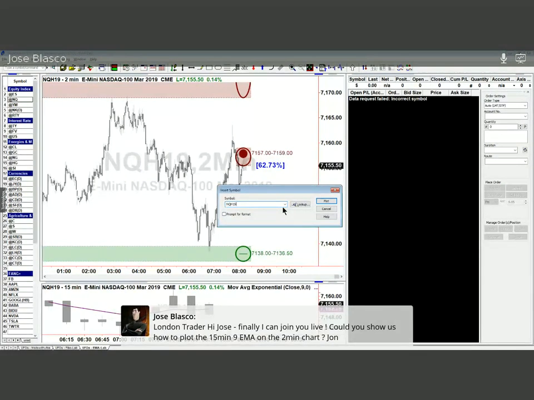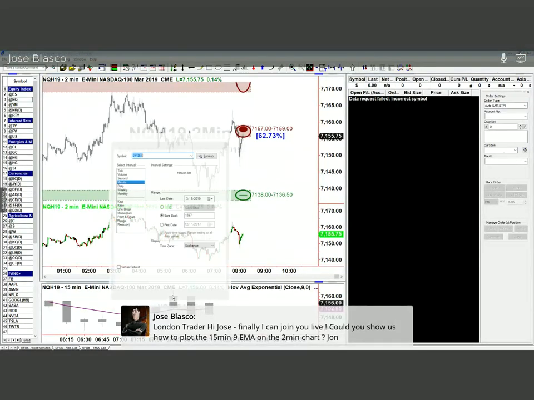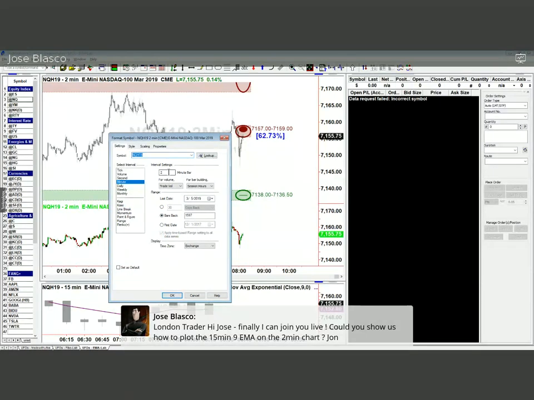Okay, so what am I doing here? I just right click, okay, watch this carefully, London Trader. I right click on the screen, insert symbol on my upper chart to add the NQH19. So what happens now? I got on the top my 2-minute time frame with the UFOs, and now on the bottom part, I got the 2-minute time frame without the UFOs. So what else am I going to do now? I'm going to double click on the bottom chart. So I get to change. Okay, notice that you have 2 drop-down menus here.